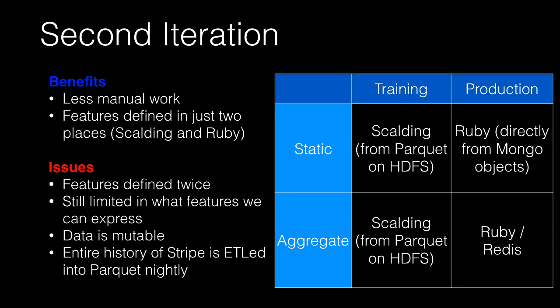We just sort of noticed divergence and drift and scoring errors over time. So that was definitely a big issue. We were still shoehorning aggregate features into Redis, which is our production store. Data is still immutable, and most crazily, we were ETLing the entire history of Stripe into Parquet every